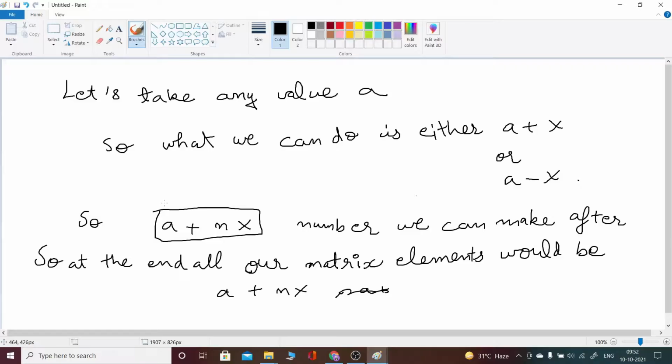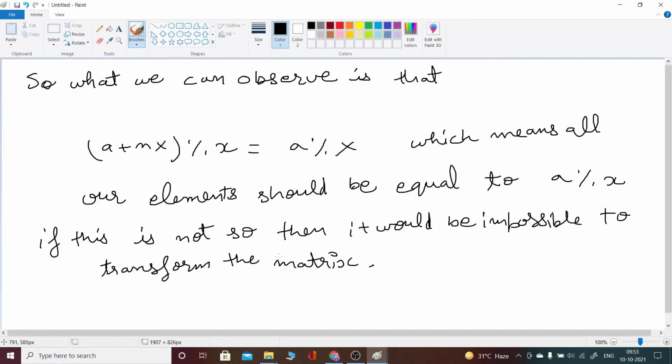Now we have to make all the elements in the matrix equal. So all our elements would become a plus nx. This we can conclude. Now what we can observe is that if we do modulo x of all the elements, then it would come a percent x, because nx is divisible by x, so it would give 0, and what remains is a.